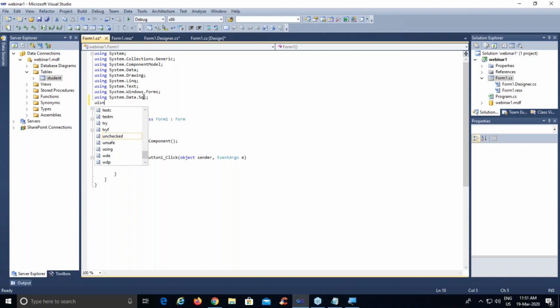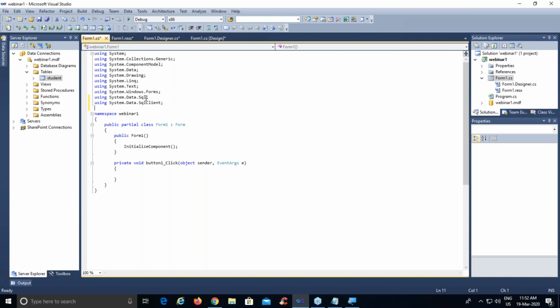The next namespace is using System.Data.SqlClient. So these two namespaces mainly provide all the support for database operations, either we want to insert some data or update some data or delete some data. Right? So now moving on next.